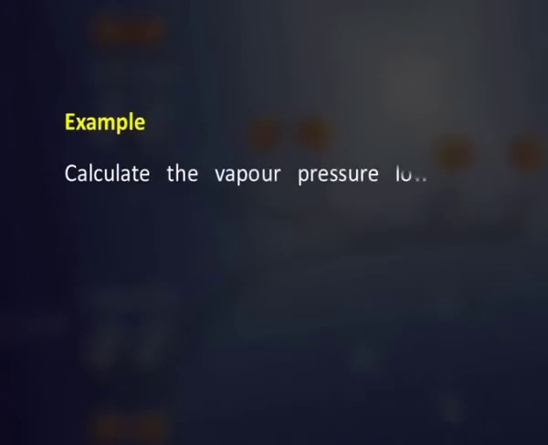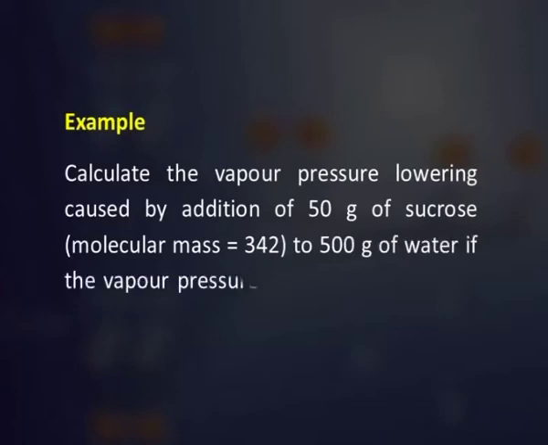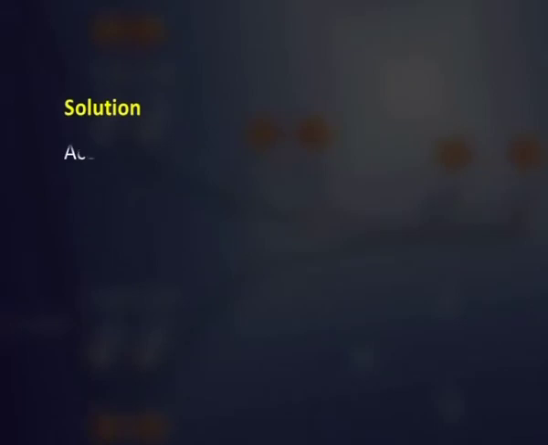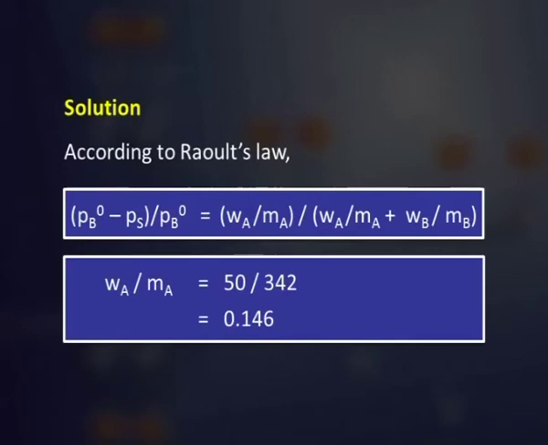Calculate the vapor pressure lowering caused by addition of 50 grams of sucrose to 500 grams of water if the vapor pressure of pure water at 25 degrees Celsius is 23.8 millimeters of mercury. Now, according to Raoult's law, relative lowering of vapor pressure is equal to mole fraction of solute, means P naught B minus Ps upon P naught B is equal to Wa upon Ma divided by Wa upon Ma plus Wb upon Mb. Here Wa upon Ma is equal to 50 upon 342, which is equal to 0.146,